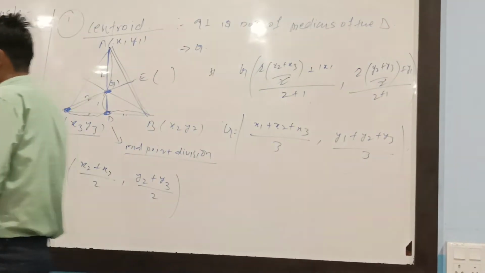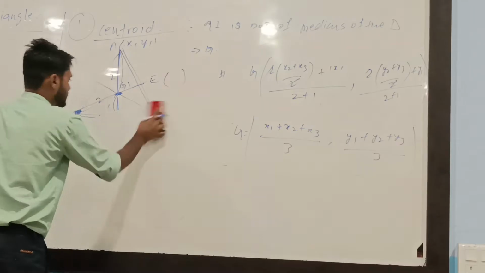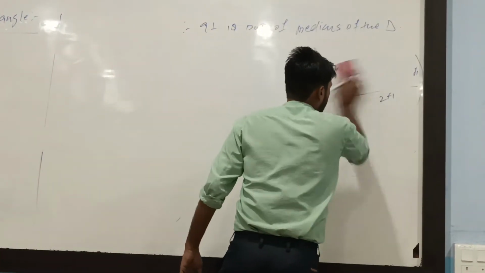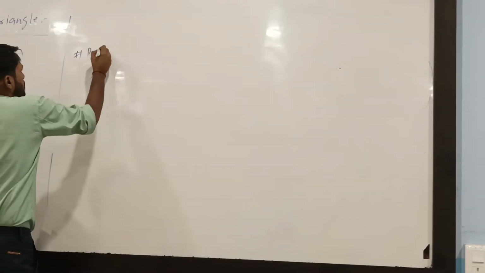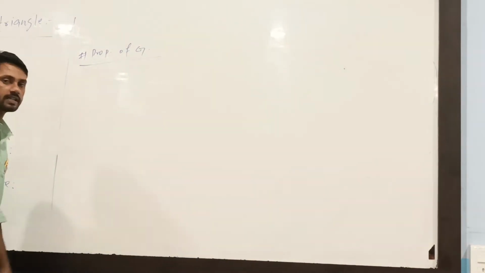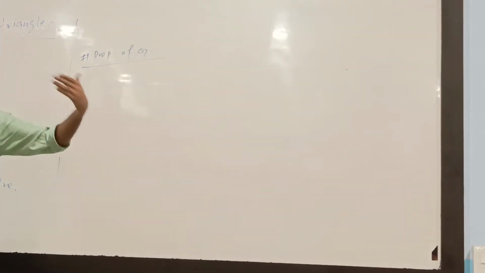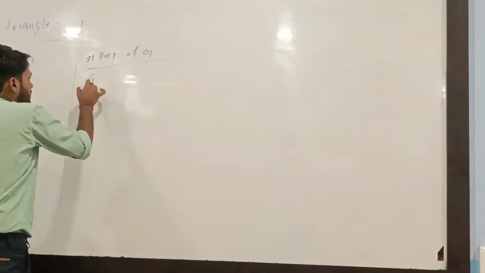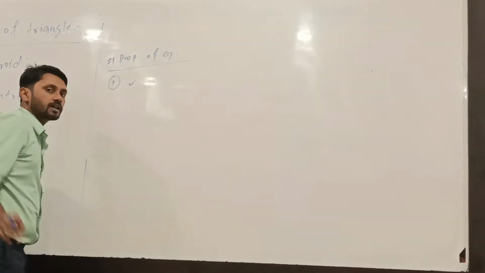Okay. So now let's discuss the properties of the centroid. There are some basic properties of the centroid given. See, so now the properties of G, that is the centroid. Actually, there are so many properties, but some basic properties I will discuss here, and other properties I will discuss after discussing all of these things. Okay. So the first property is, as you know, the centroid divides the median into a 2:1 ratio. So that will be the first property.